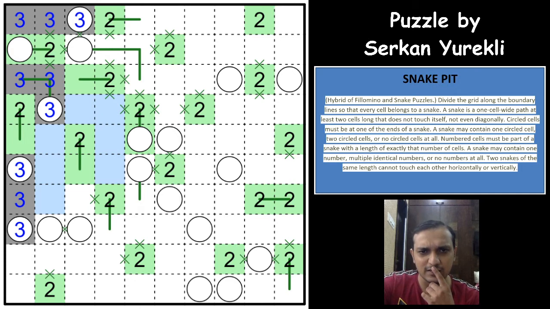I can see one excellent logic here. So if this two goes towards the right and this two would come towards the left, you have a two cells gap here that will form a two cell snake. Not possible, right? Superb. So you have a cross here, which means that this two would have to come down, this two would have to come down, and which makes this line come down. Okay, so this two is already done here.